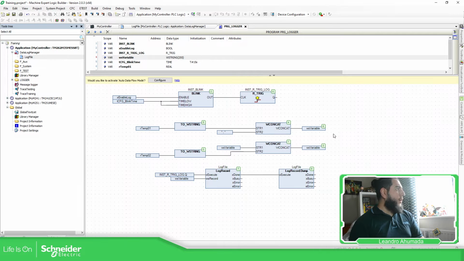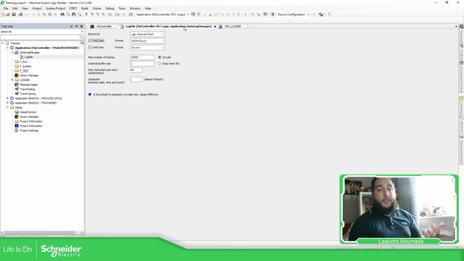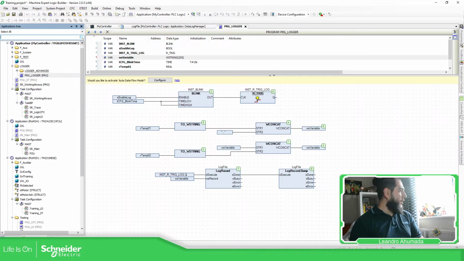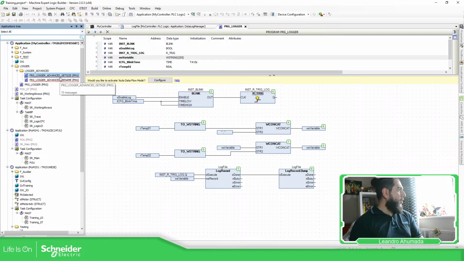Okay, when we execute this, it will generate a file in the controller with the same name as I have in the log file. So this log file is going to be circular and overwrite everything, or you can select stop when full. One solution could be, you can see it over here in the lower advanced, you have these